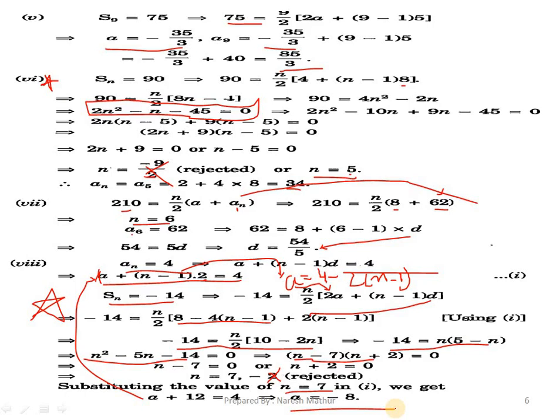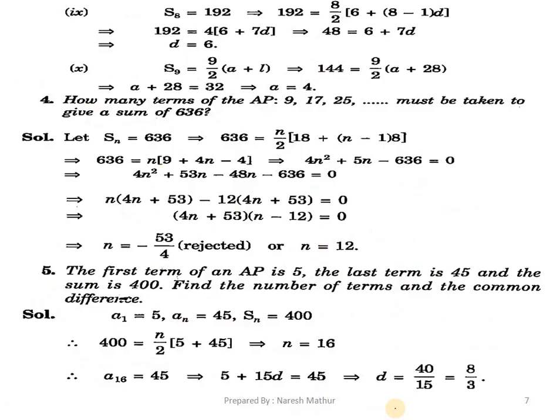Important question, you will need to practice a little, son. Easy. See the next one. The last one is easy. We are given a = 3 and n = 8 and S is given 192. We need to find the value of d only. So we are considering n = 8, which means S8 is given. So S8 = 192 = n/2 [2a + (n - 1)d]. 2a is 6, since a is given 3. We can get simply the value of d here. So simply solve it and get the value of d.